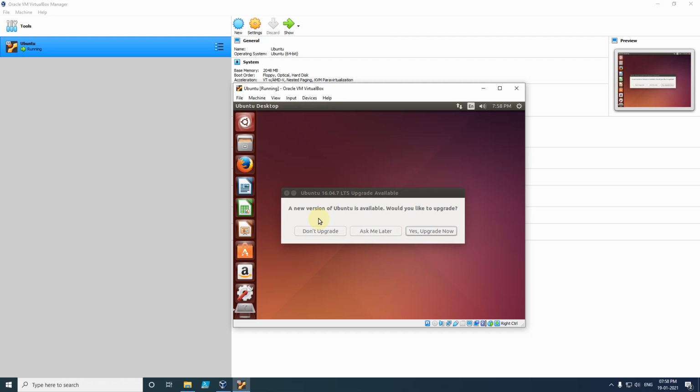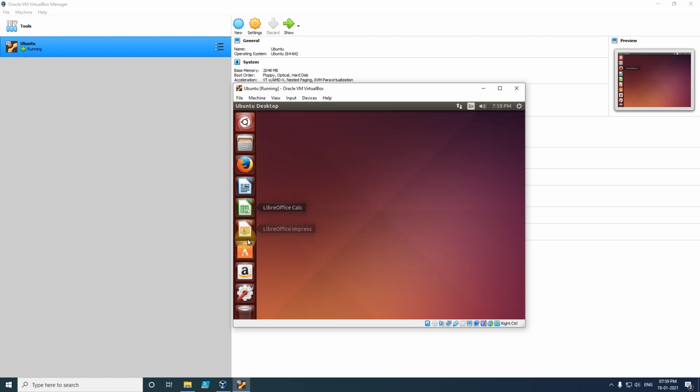So now our system is ready after installation, and you can see this is the window we get in Ubuntu after it is installed. In this one I have got a pop-up where I need to confirm whether I want to upgrade my current version to 16.04.7. I don't want to, so I will just click on either ask me later or don't upgrade.